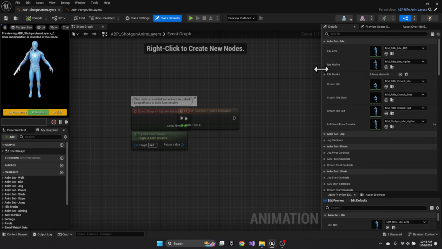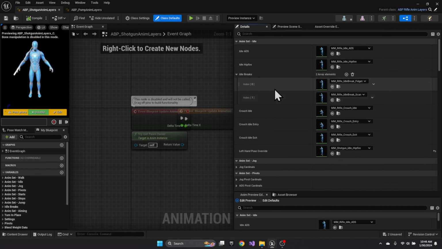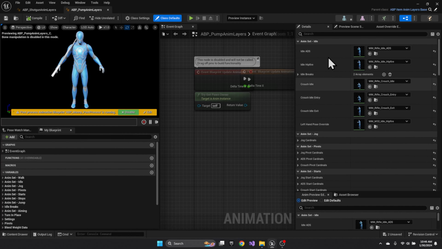And you'll note that in their shotgun anim layers, they use the rifle for many of the idles. Right, so rifle, rifle, rifle, rifle, rifle. The left-hand pose override, they use shotgun, idle, hip fire. So what we're going to do is make sure that we use, I think,